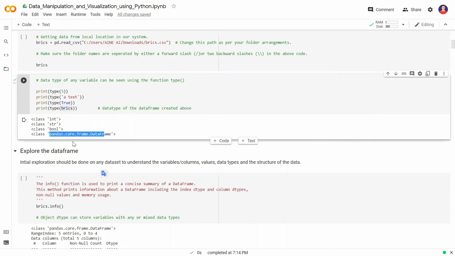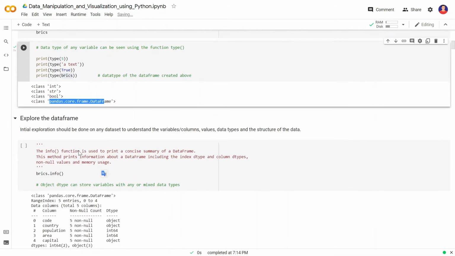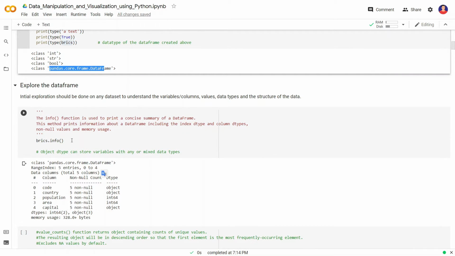Now when we are working with our data frame, the very first thing is we have to explore our data. That is, what are the different components of the data frame, what are the data types, and whether there are any null values, exceptional values or outliers, etc. The info function gives us the basic information that we need about the data frame.